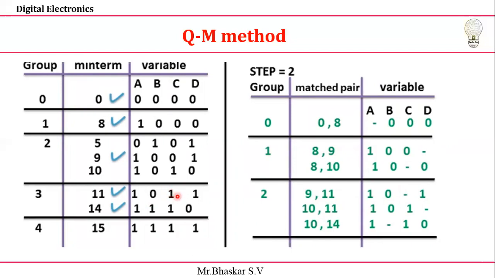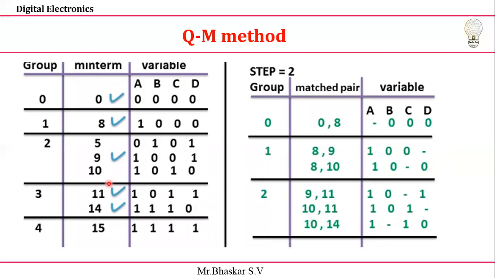Okay, next it is 10. Comma 9 with respect to anything, is it possible? No, it is not possible. Then I'll go for 10. 10 is 1 0 1 0. In the 1 0 1 0, with respect to 11, just check it out. 1 and 1 same, 0 0 same, 1 and 1 same, the last bit is changing. That's why we are going to take 1 0 1 dash.